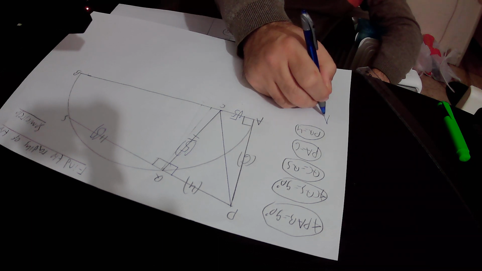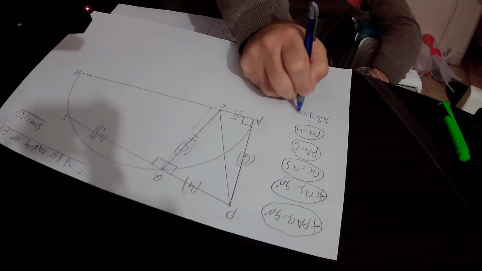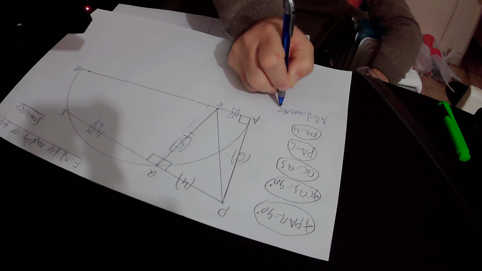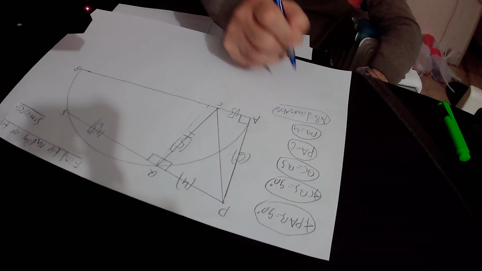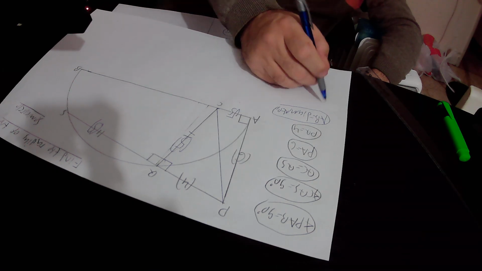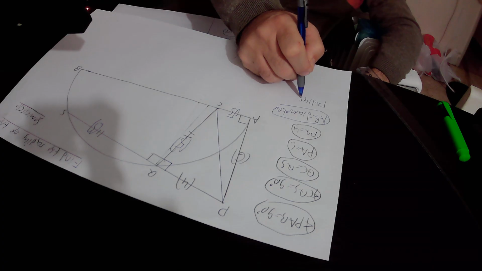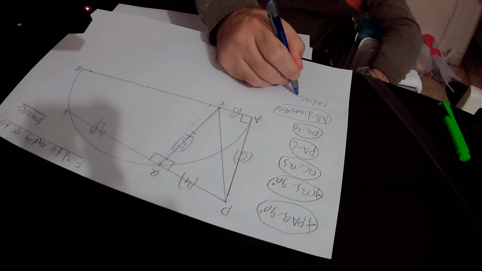AB is the diameter of the semicircle. So if we define the radius of this semicircle as X,